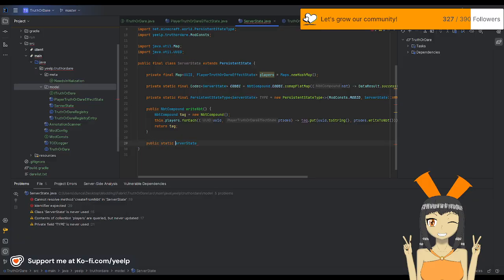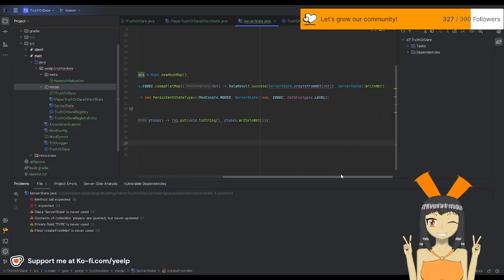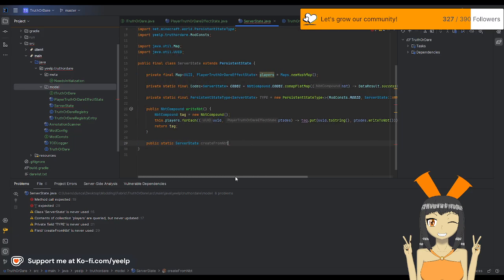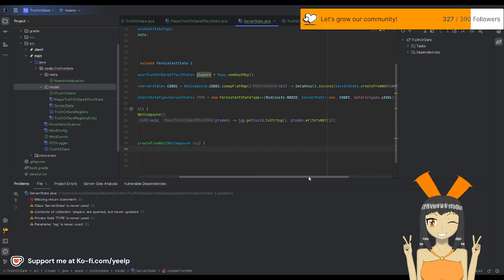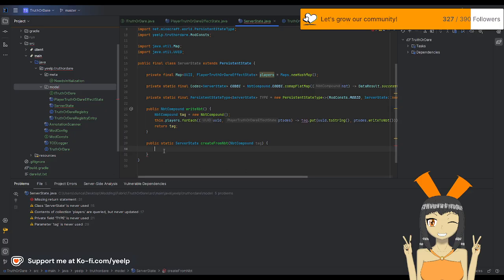Public static server state, create from NBT. I believe that is something that, yeah, see, that's right there. NBT compound tag. And now that's going to be happy, awesome. So we're going to do server state. We're going to create it here. And then tag.getKeys.forEach, and for each key,